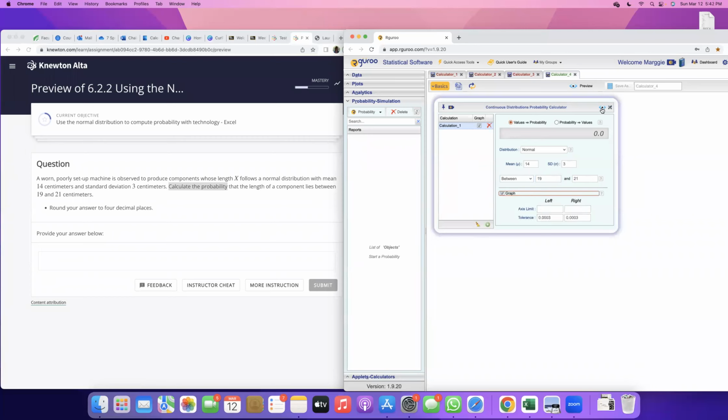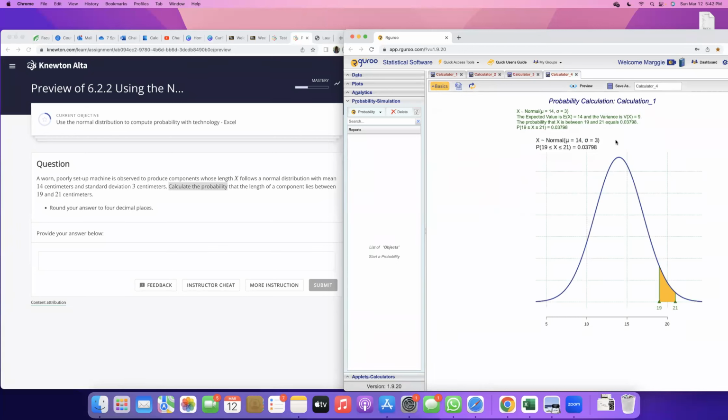And I'll do the graph and I'll click the eye so you see what we're doing, all right? So then we have, again, our normal bell-shaped distribution with the mean at 14. And then we go 3 up and 3 down for the rest, to simulate the normal distribution. I want to find the probability. Again, probability is area under the curve in between 19 and 21. So you have 19, the green line, all the way to 21, the other green line. This yellow shaped area in here,